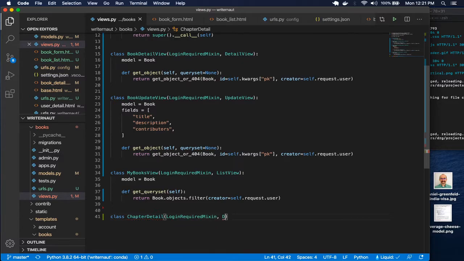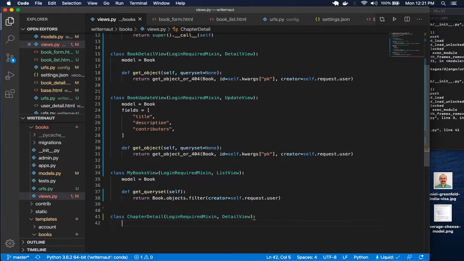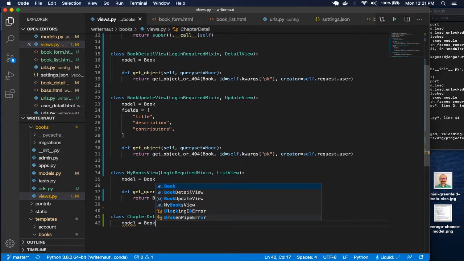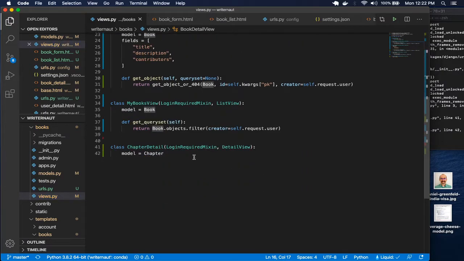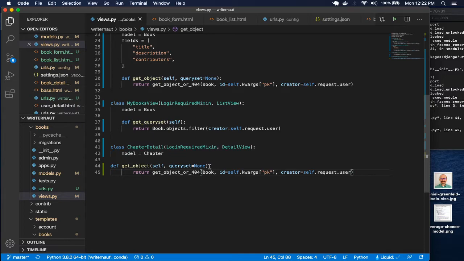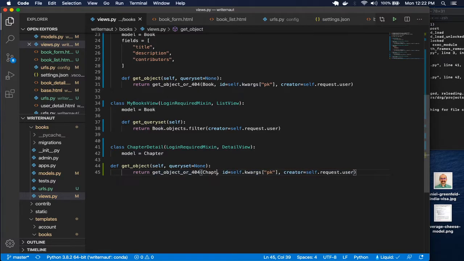Program for mixin, and then this would be a detail view, and then model equals book, model equals chapter. Okay, and then I think that's, oh, and then we need to have a query set. So with the book, for the ID, let's see, how do we want to do this query? So the model is chapter, and then the creator is,